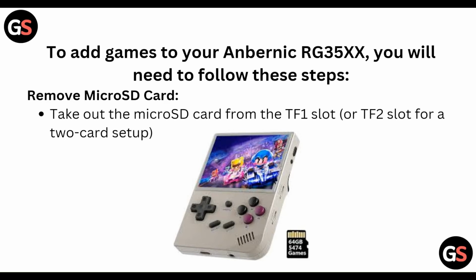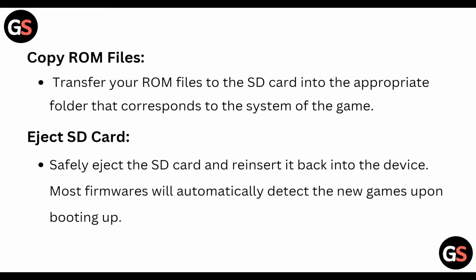Okay, and then copy the ROM files. Transfer the ROM files to the SD card into the appropriate folder that corresponds to the system of the game,